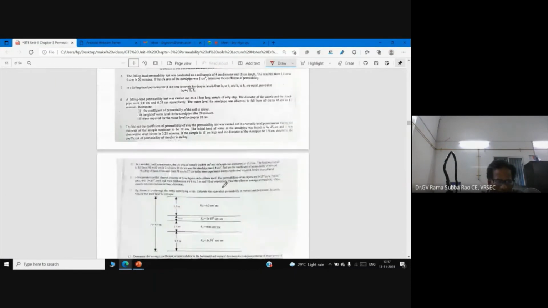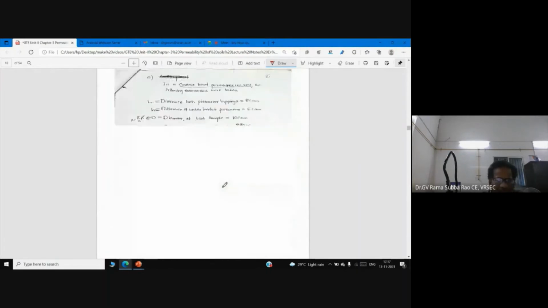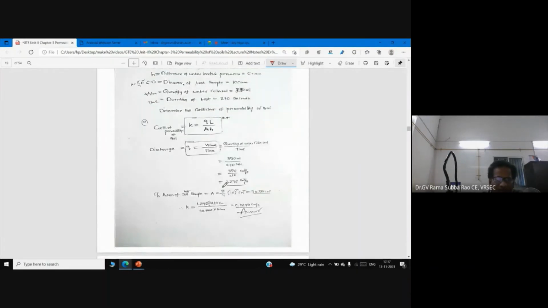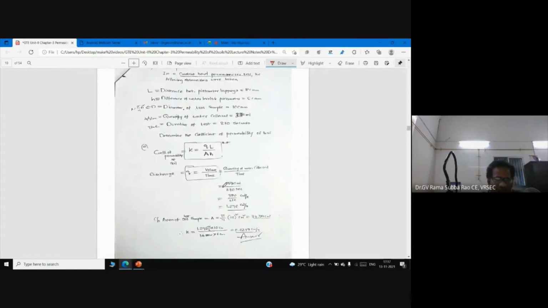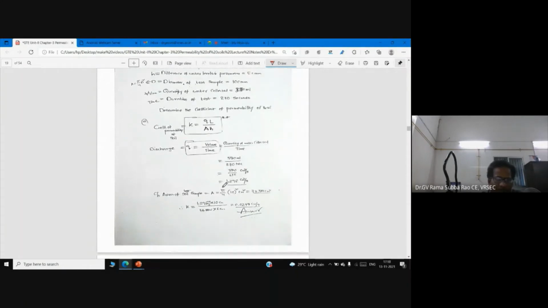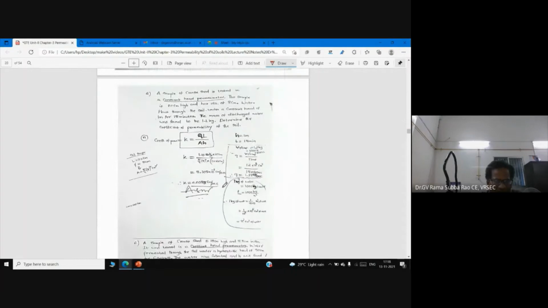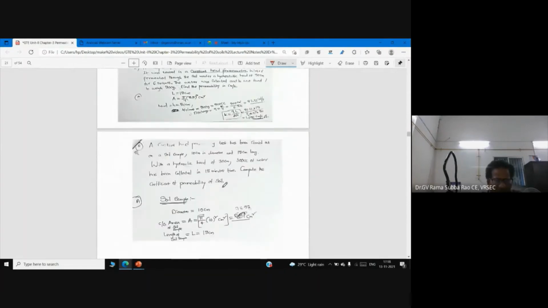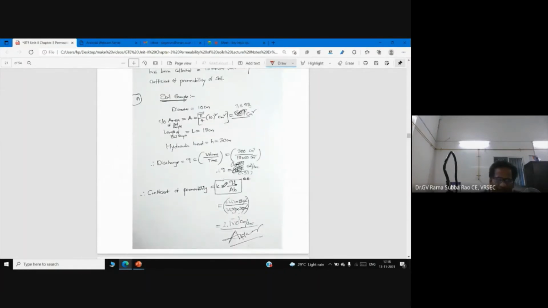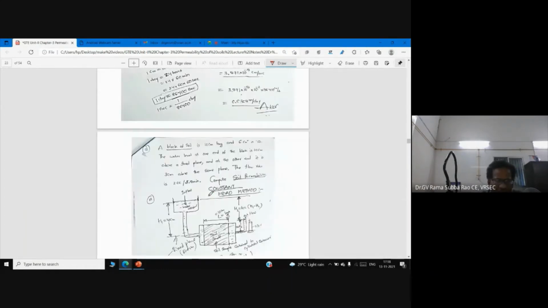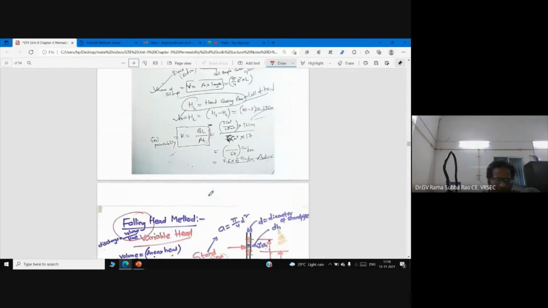I have shown some mathematical numerical examples in our material to understand the concept. So you just solve these example problems, you will get maximum knowledge. But the content is by and large the same. Whatever I am discussing, at the end you see K is equal to QL by AH, because I am determining the coefficient of permeability using the constant head method. No need to be surprised. You can solve n number of problems.